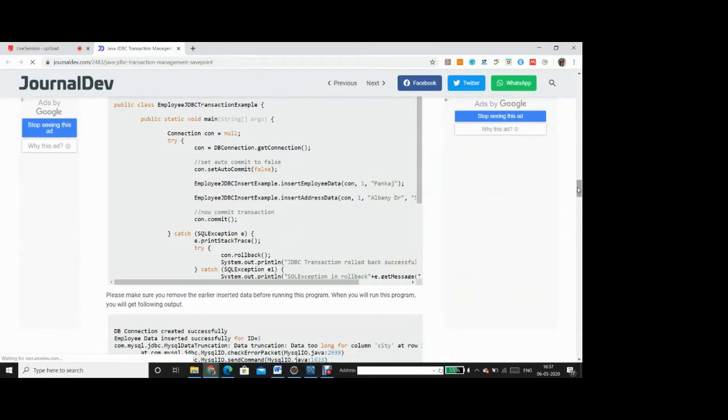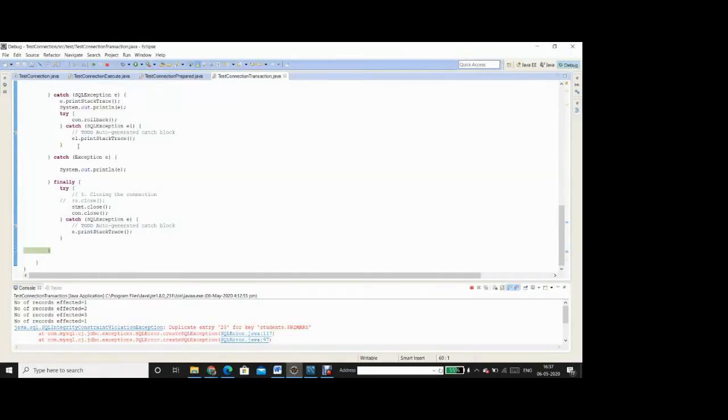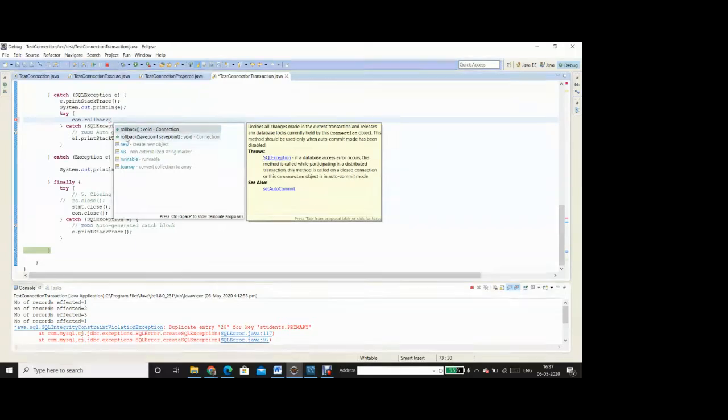Similarly, we have savepoints in database transactions also. You have done one transaction, you make a savepoint over there, and you do a second transaction. You can again make a savepoint over there. Third transaction, you can again make a savepoint over there. And while we were looking at the rollback command, you can see that connection.rollback has two overloaded versions. One is rollback with empty parentheses, that means no parameter, on the connection object.